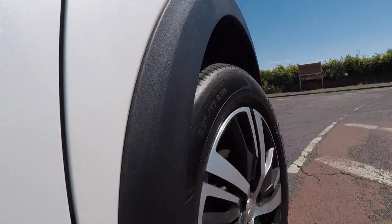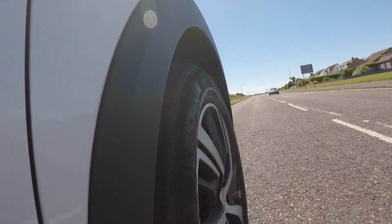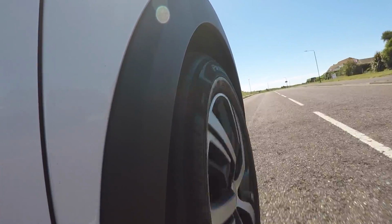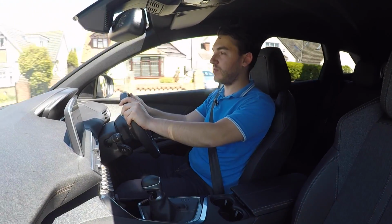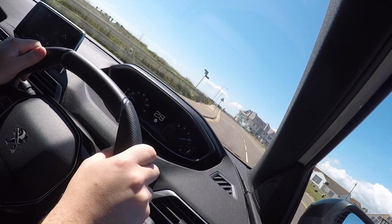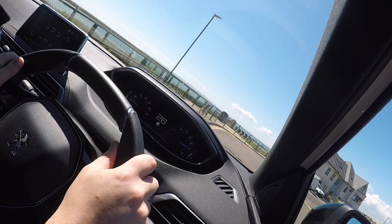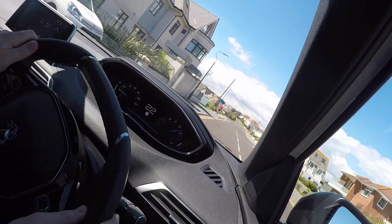Whilst the 3008 might not be the most engaging car in its class to drive, it certainly has that nice reassurance from the high grip levels and the balance of the chassis. Of course, there's a little bit of body roll, it's a tall vehicle, but there's also a sport mode button down here that sharpens the steering and the throttle response should you find yourself on some slightly twistier roads. But this small steering wheel to boost agility in combination with that sport mode, yeah, it certainly makes it a good car to drive. It's got more than enough grunt to take advantage of gaps in the traffic around town,